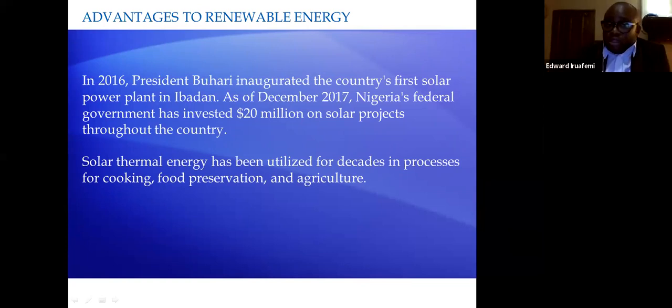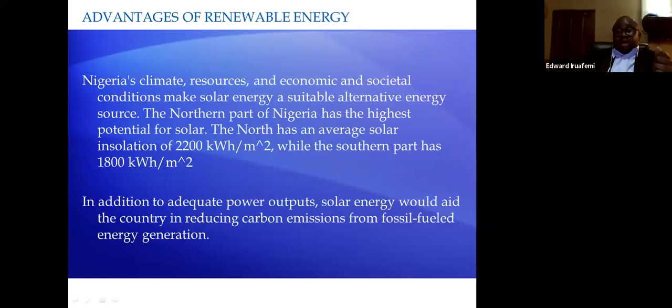Like the solar, it's been there for a while, and it has been utilized for decades in the process of cooking, food preservation, and agriculture. Most of the mechanisms out there are being used in agriculture with solar back in the north. As I said earlier on, Nigeria is blessed with energy, sun. The north, they have an insolation of almost 200 kilowatts